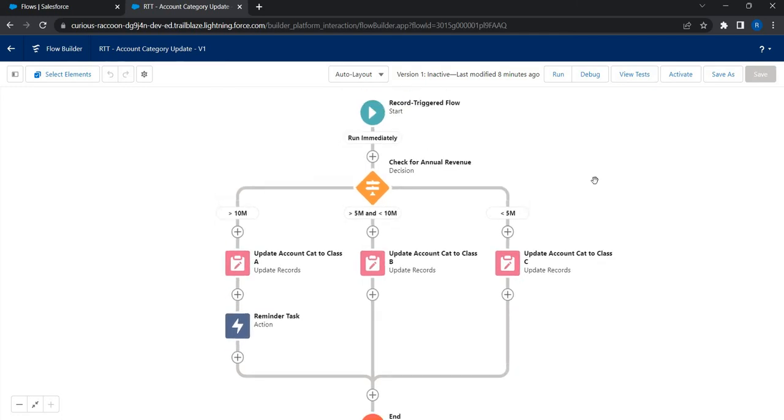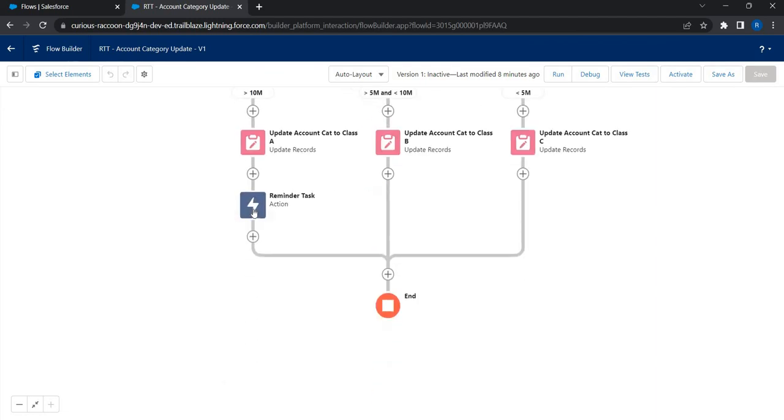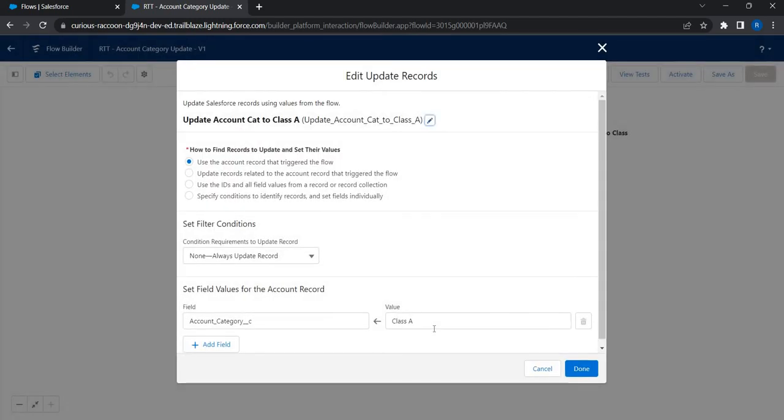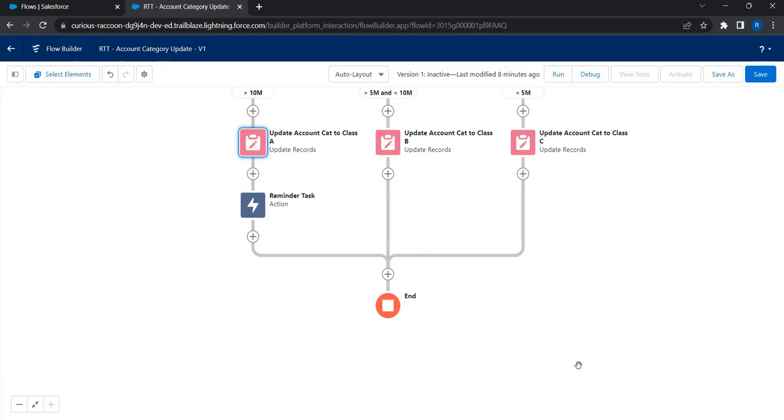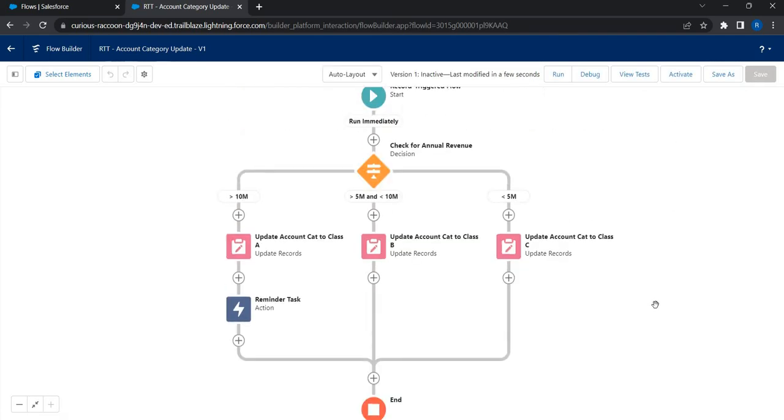The team has been working on this particular flow, and for some reason someone has by mistake deleted this, or changed the value from class A to class. And let's say done. So by mistake someone did that, and now if I activate this flow, I can find the problem only when I manually test it, isn't it? Someone has to create an account and then check for the category, then you will see the problem, correct? Instead,